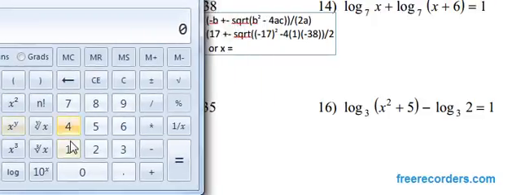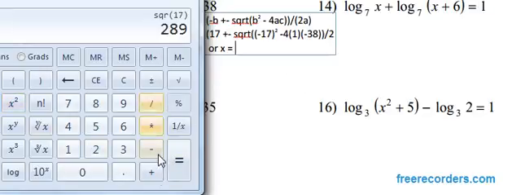Actually, I'm going to start with the square root part of the expression, because that's what I'm going to subtract or add. So I want to have that number first. I'll put that in my calculator. So yeah, 17 squared